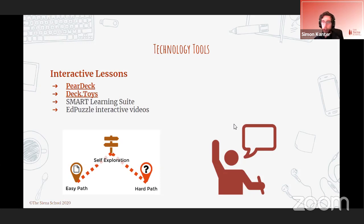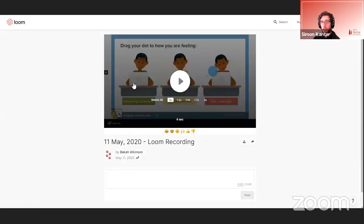These tools let you select a response type that you want to get from students, whether it would be text, multiple choice, they can submit drawings, or you can do draggable graphics. Here's an example that we have of Pear Deck, which is an add-on for Google Slides. You build the presentation in Google Slides, and then you import it into Pear Deck effectively, and then you can